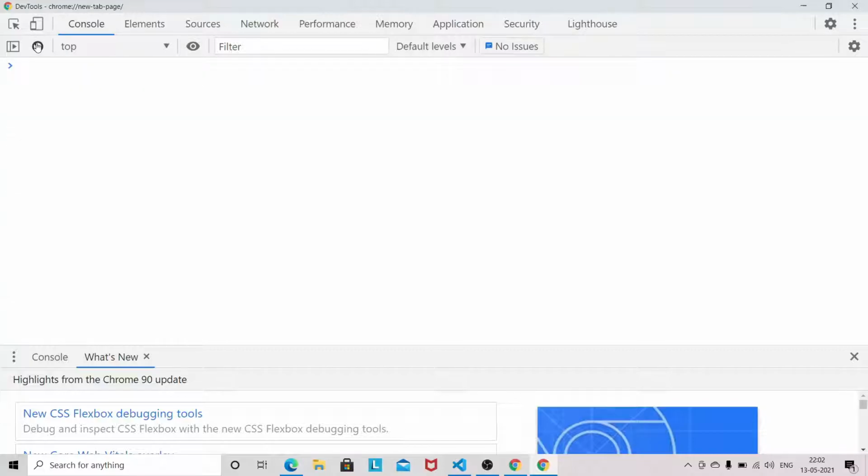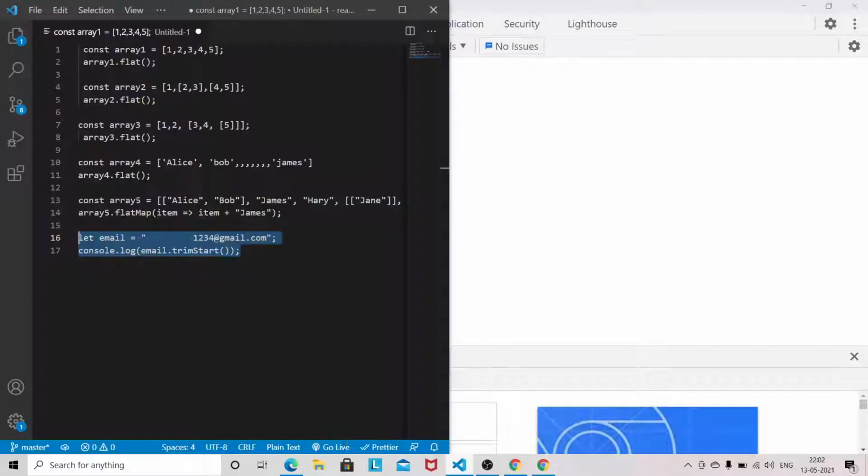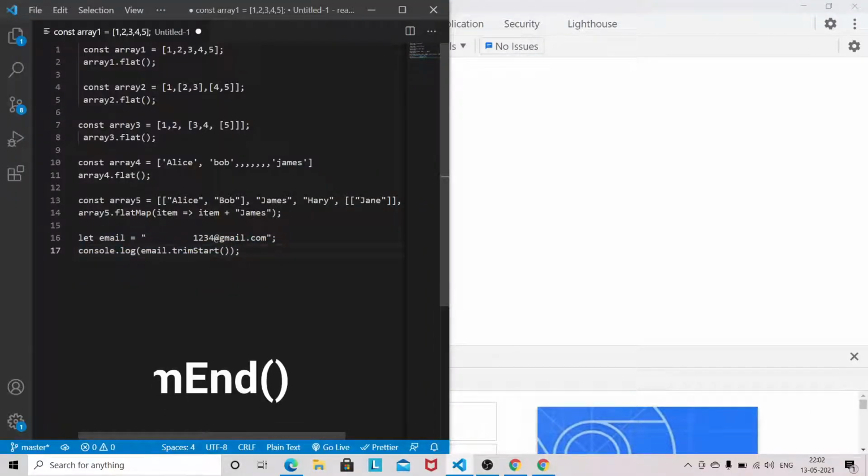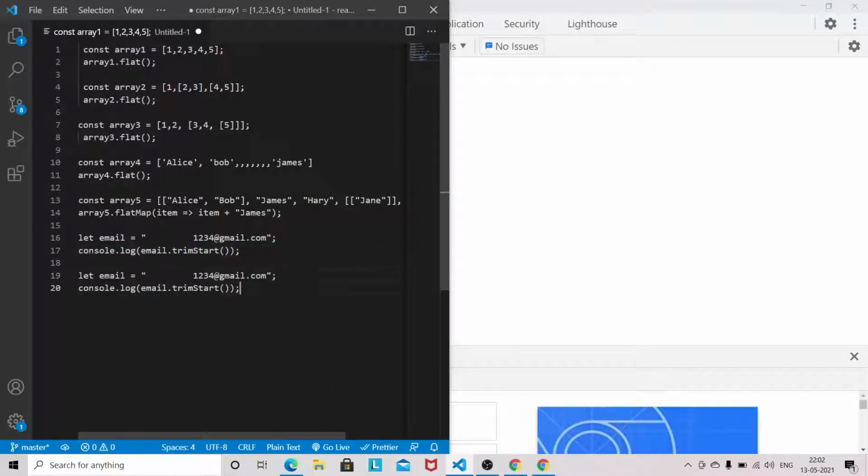Likewise, we have trimEnd also. Let's suppose we have another email with space at the end. Let's say this is email one, and we use trimEnd.